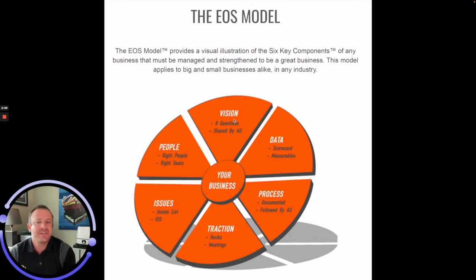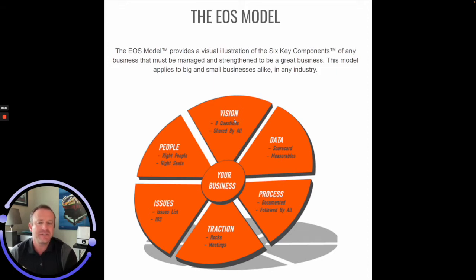If you move over to data, data means cutting through all of the feelings, the personalities, the opinions, and the egos, and boiling our organization down to a handful of objective numbers that give an absolute pulse on where things are. There's a quote that I think really applies to this: if you can't measure it, you can't manage it. So through EOS, we have a scorecard, and we have different measurables.